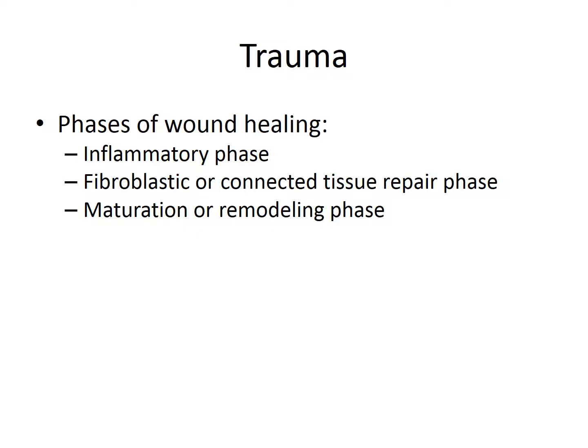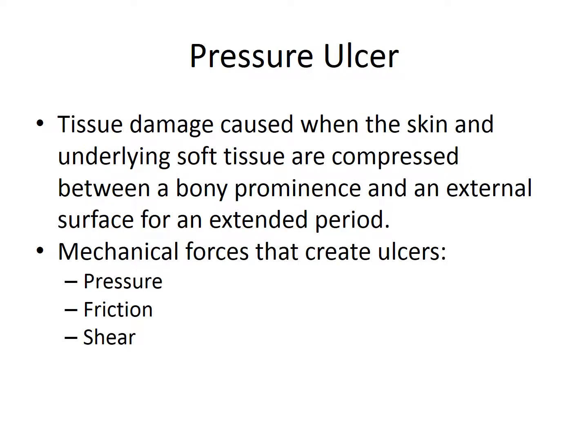The phases of wound healing were discussed in our burn lecture, so just follow that. But there are three phases: the inflammatory, fibroblastic, and then maturation and remodeling phase. Next slide. I want to spend time with ulcers because definitely this is an issue that we experience,